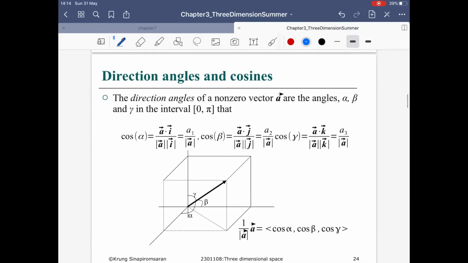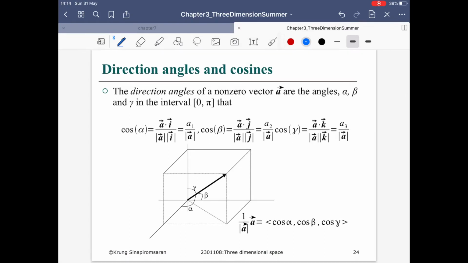Now we are going to talk about the so-called directional angles and the cosine of the vector a. Let's say that a is a non-zero vector. The directional angles of a non-zero vector a are the angles alpha, beta, and gamma, in the interval 0 to pi, such that cosine alpha is the first component